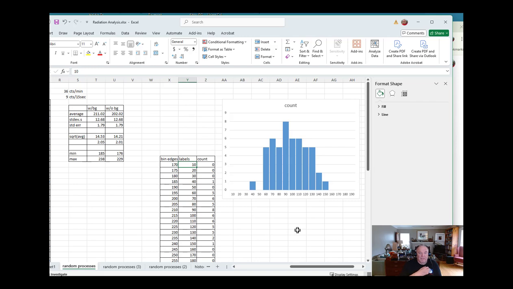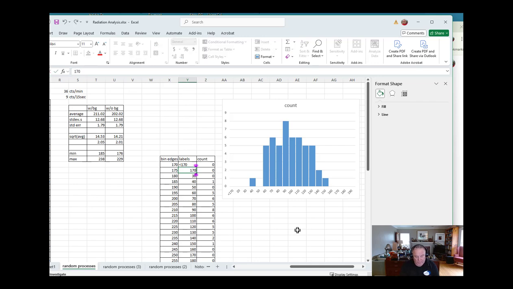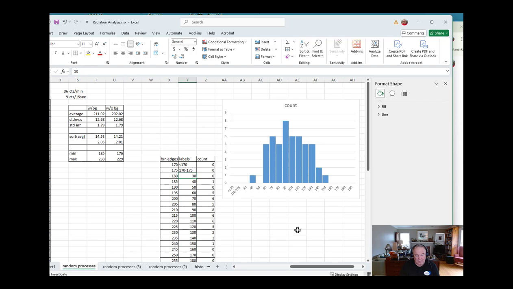So remembering that, let's see, this would be less than 170. And then the next one is going to be 170 to 175. And you see how that's kind of tedious. I have yet to figure out how to speed up the process. There may be some way of doing it. 175 to